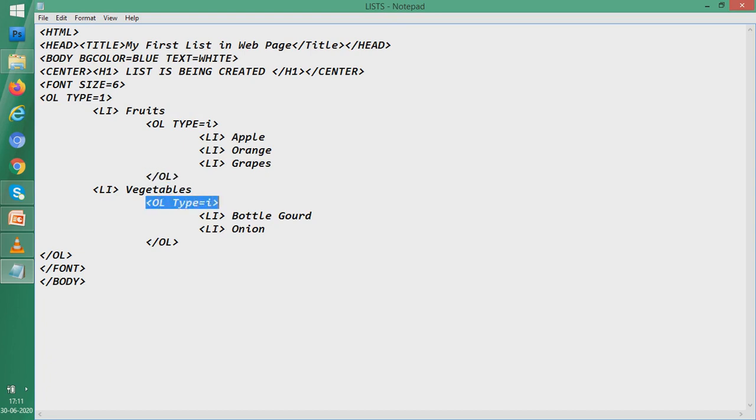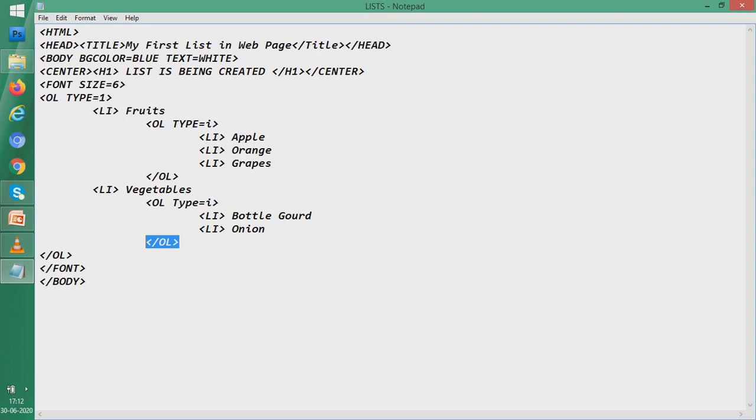So the two ordered lists which have type Roman i have been nested within the outer ordered list which has type equal to integral digit 1. So the internal ordered list is known as a nested list, and the outer is known as the container list which is nesting the internal list. So this is how we can nest a list within another list.